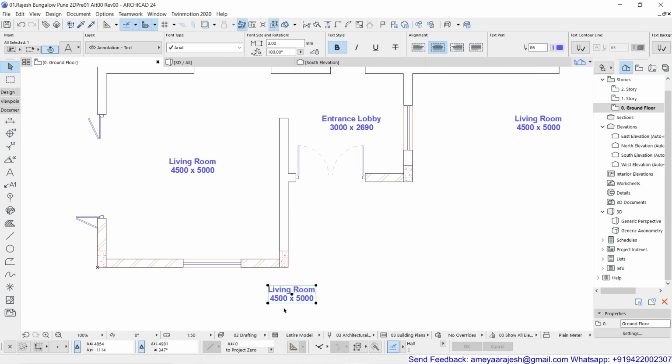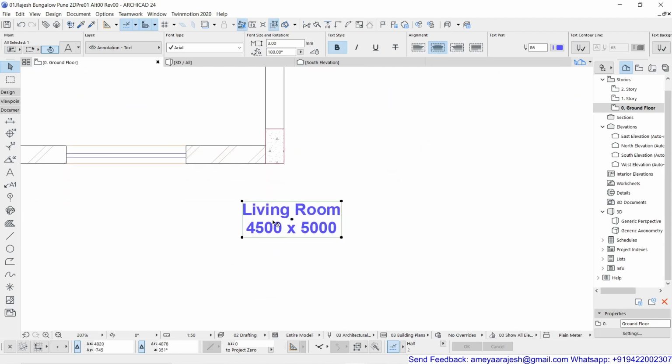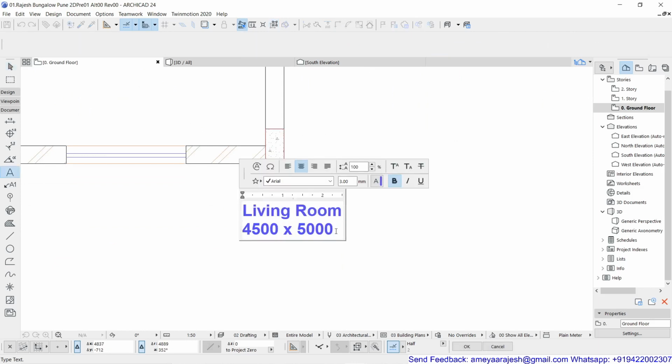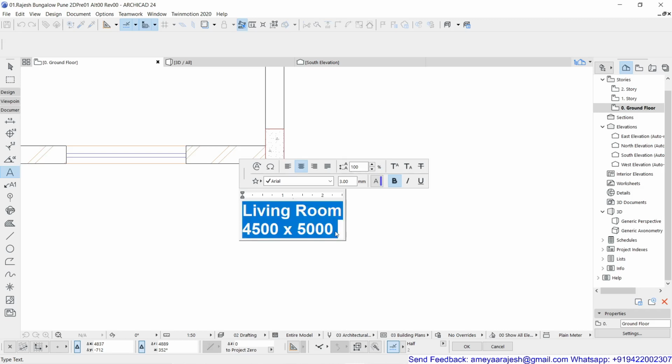Of course, actually, there are much better methods to put the titles for your plan section elevations in your sheet. But at present, just a very, what you can say, basic method. So again, I'm going to just zoom this, and I'm just going to double click on this. And if I want to select everything, I'll put Control A, and I want to replace this with wording as ground floor plan.